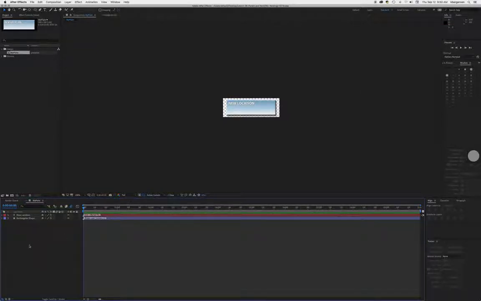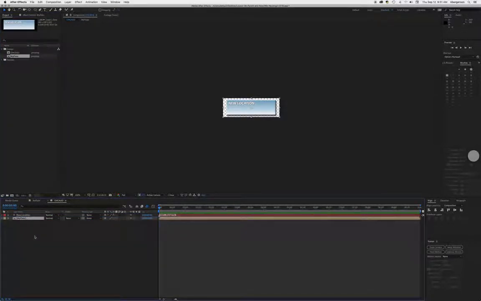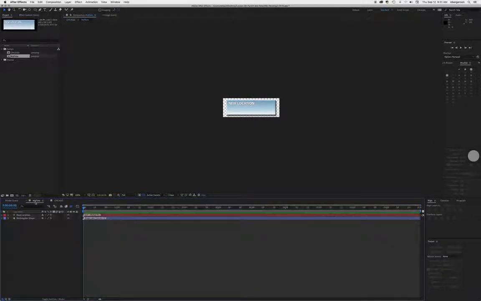So we've got this first comp that's made up of a rectangular shape and our new location, and we are going to want to duplicate that. I'm going to hit return and call it Chicago, and we'll open up Chicago. What we're going to do is take our My Plate and drag that, nest that in there, and we're going to click off